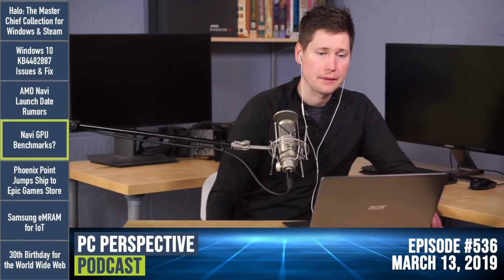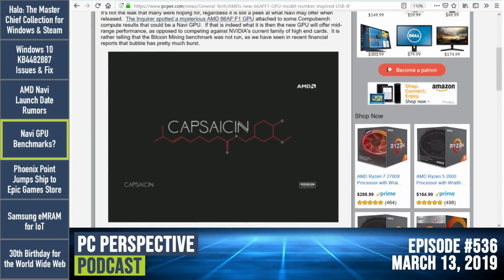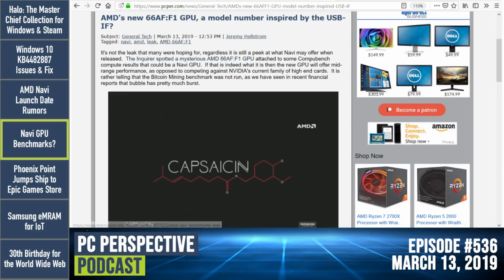Right. And sort of related to that is another news story we had, which is maybe we have some data about some of these Navi GPUs: some interesting results of a cleverly named GPU classification in some benchmarks. It's labeled in the benchmark 66AF:F1, and it showed up in some CompuBench and graphics benchmark results, right, Jeremy? It was more compute. We didn't really get any look at graphics. I mean, if you flip over to the graphics tab from that one, as I slowly bring up GFXBench here,